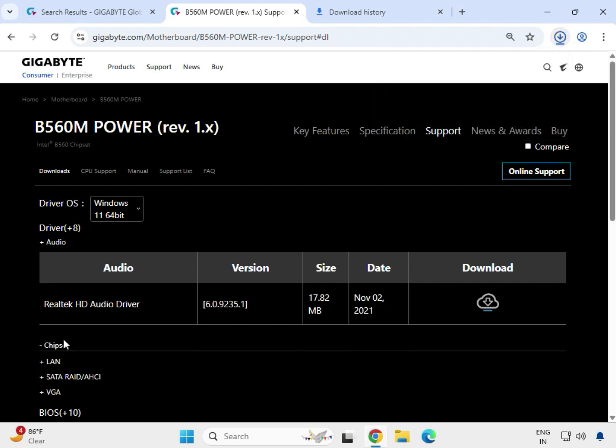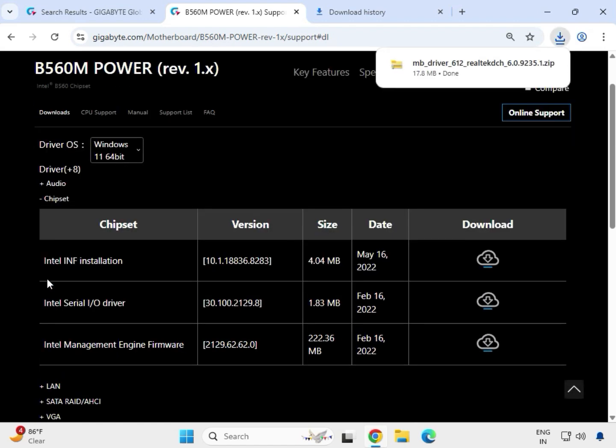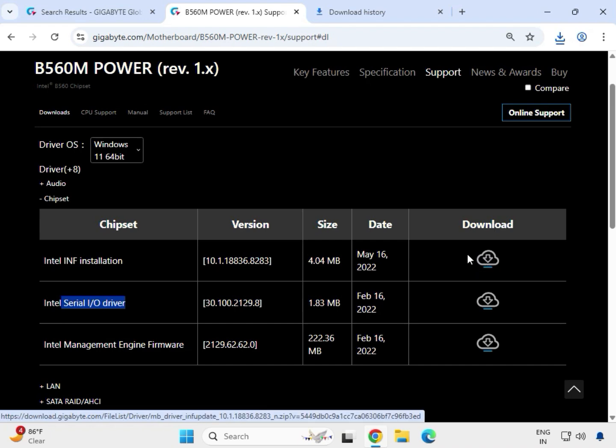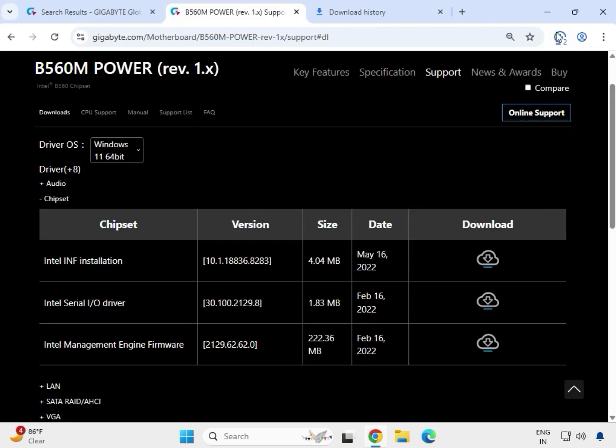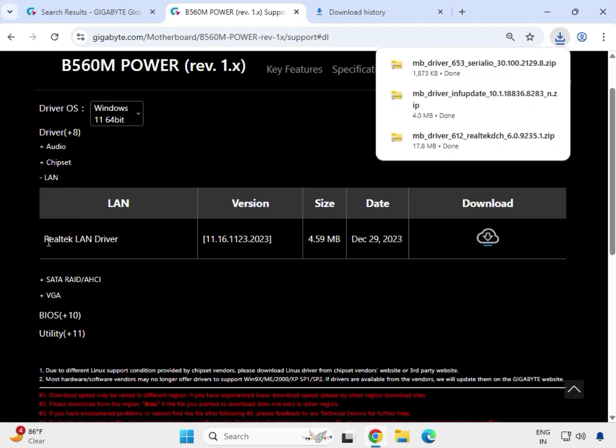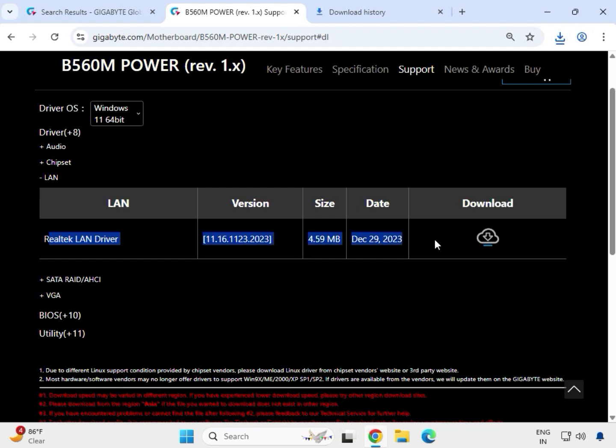After that, chipset. For the chipset you require this driver, INF installer and serial driver. So always try to install the latest one, and this is the download icon. You can see, just click on it. After that it starts downloading. Then the LAN driver, Ethernet driver, internet driver, you can see same. Just click download, and then